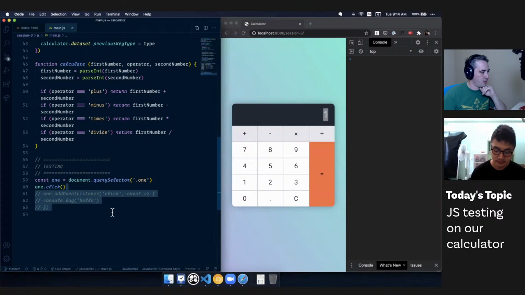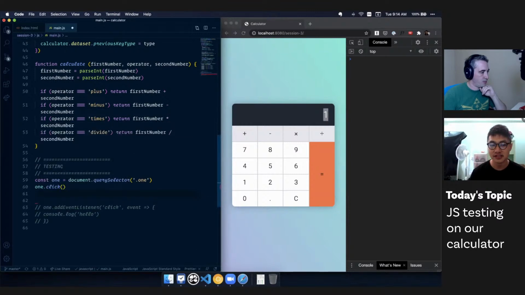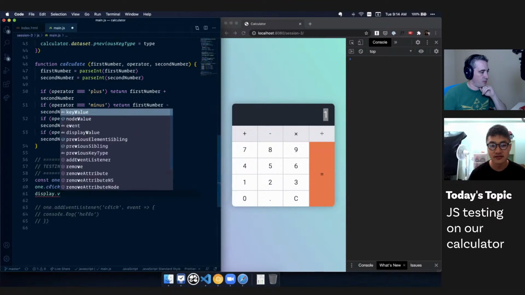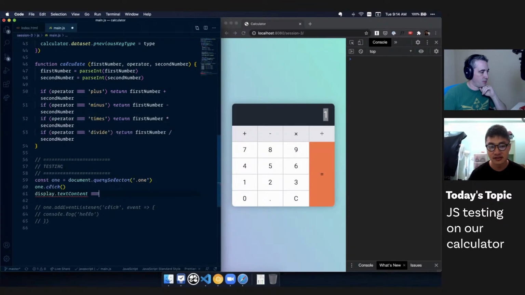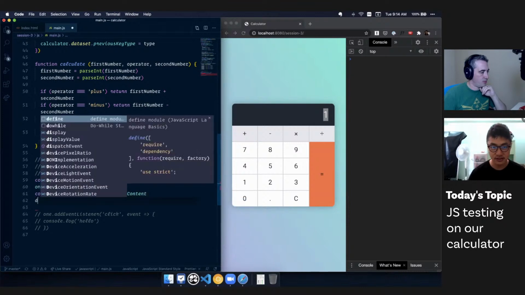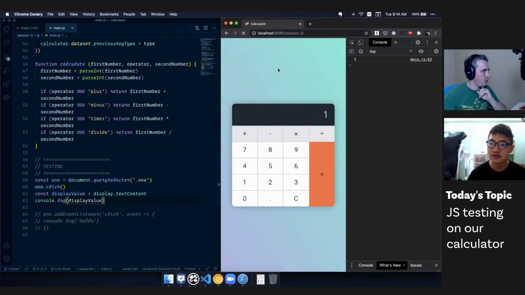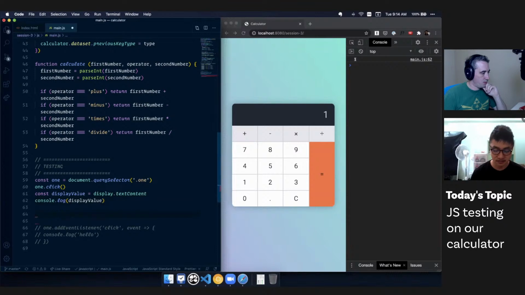All right. And if we continue moving on, we want to make sure the test is actually saying the display value. Display value is display text content. We want to console log the display value, and it's 1. So in this case, when the calculator, when we click one,